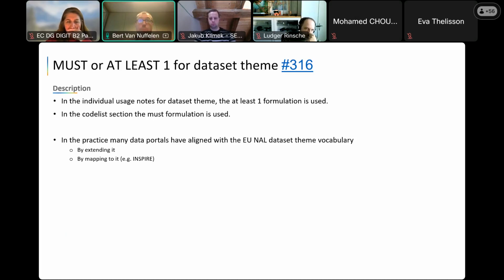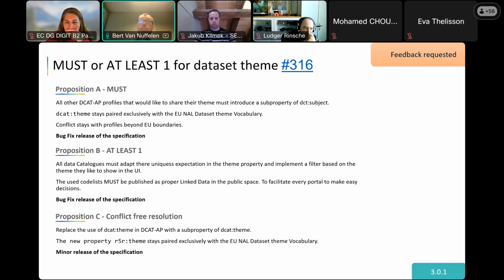So therefore, your opinion on these three proposals, try to be creative. The first one is we do a must. We say we take the one in the code lists section. And that means that, of course, you get a conflict if you want to use another theme code list and say that's not entirely mappable or something like that. Then it's better to